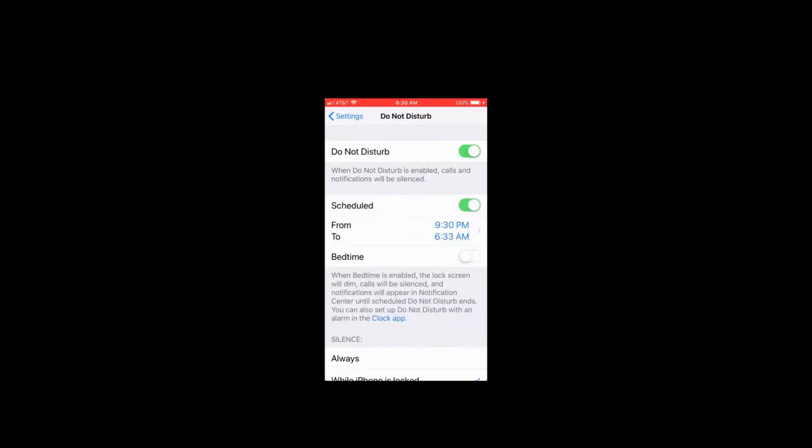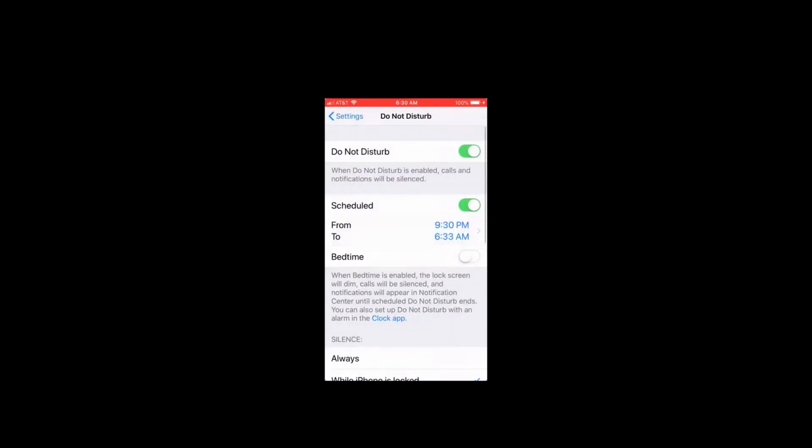And then tap on From and To to select the time. You can scroll to the time that you want your phone to not disturb you. So for me, it's after 9:30, and after 6:30, I can start taking calls or texts. Whatever time you want from and to, during that time, you won't get any text sounds or